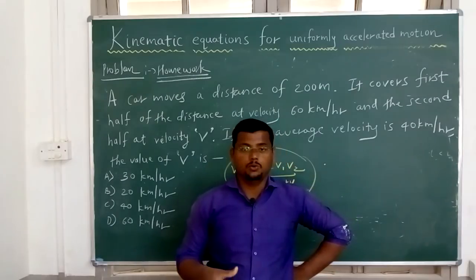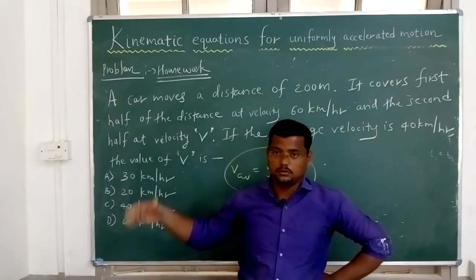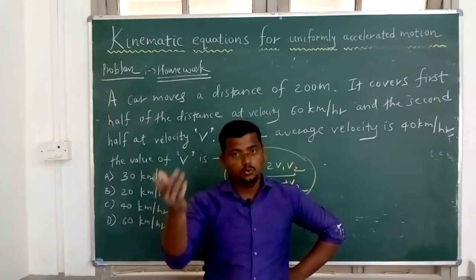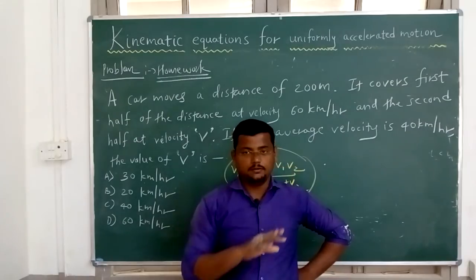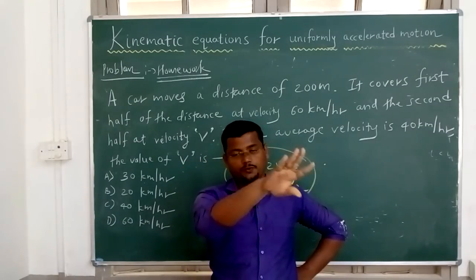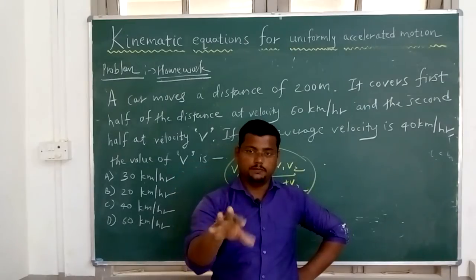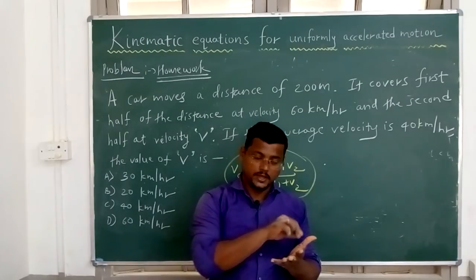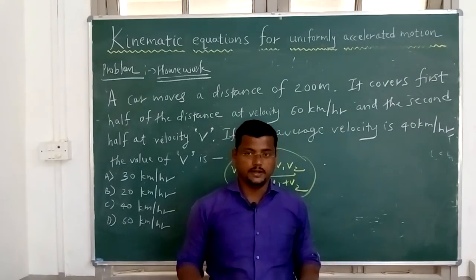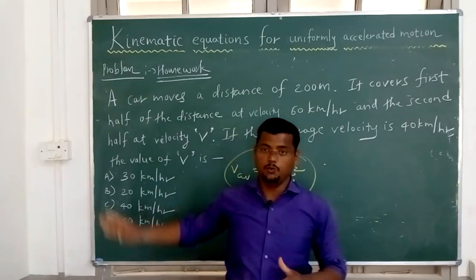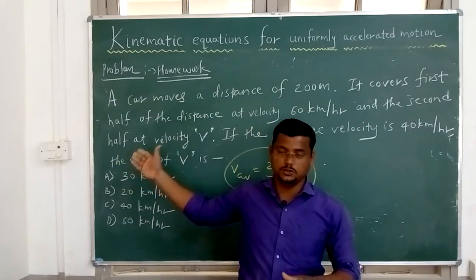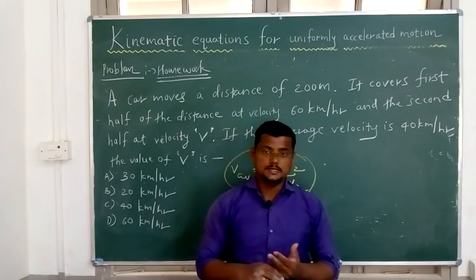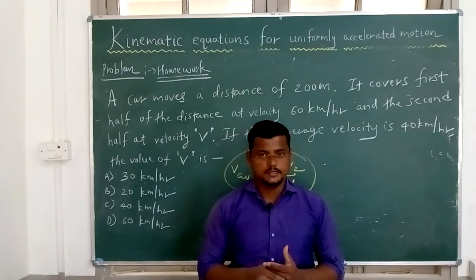Write everything in your notes without seeing the notes, and try this homework also. What are the 4 homeworks I am giving today? Prove V equal to U plus AT by using the VT graph. Prove S equal to UT plus half AT square using the VT graph. Prove V square is equal to U square plus 2AS using the VT graph. Those proofs you try to write without seeing, as practice. No need to send the photocopy of that. I want the photocopy of this 4th problem, 4th homework, right? So these 4 homeworks you do at your home now, and with this we'll close today's class, and the remaining thing will continue in the next class. Thank you.